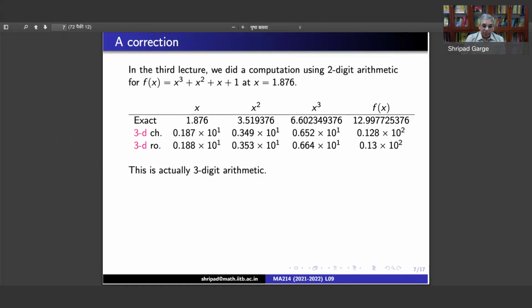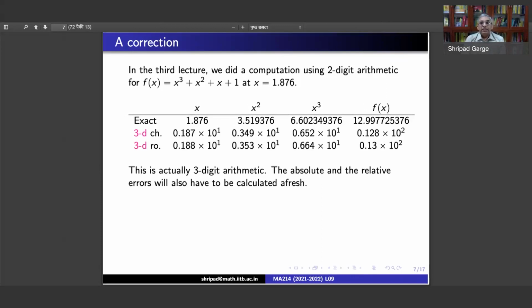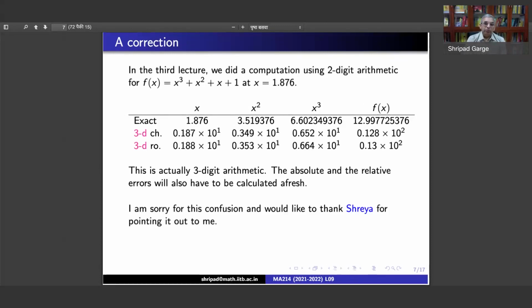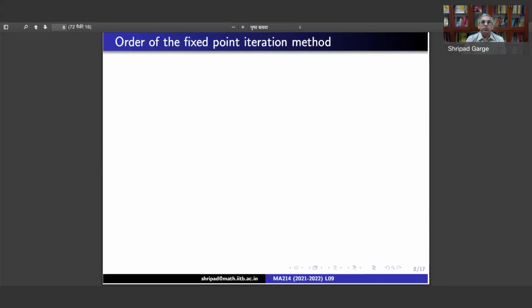In fact, once we have done this, we will also need to compute the absolute error and relative error afresh. So I am very sorry if this has resulted in some confusion, and I would like to thank the TA Shreya for pointing it out to me. All right, so thanks a lot for this, and once this is taken care of, we return to the method